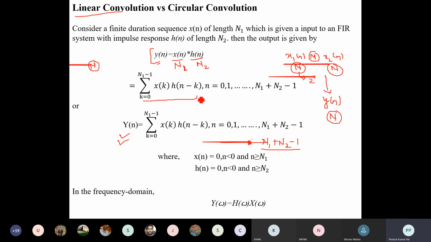So this is the formula for calculation of linear convolution. But in case of circular convolution, we were making a difference. This was the shifted signal in the circular convolution, but that shift was a circular shift. If we want to find circular convolution, we had to do a circular shift, but this shift is a linear shift. This is called a linear shift. That's why it is a linear convolution.